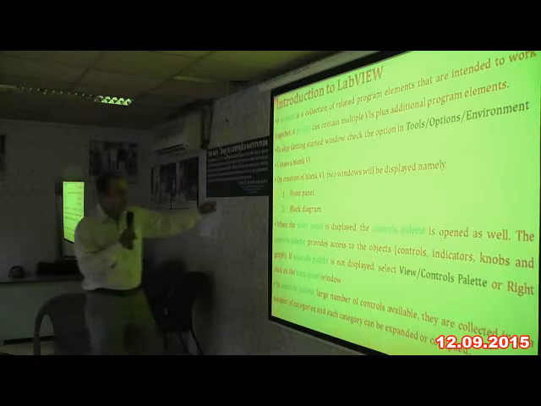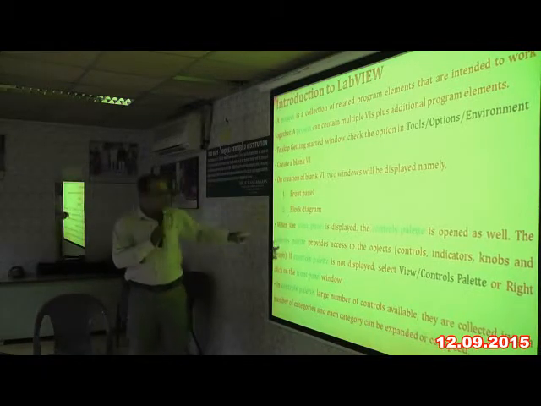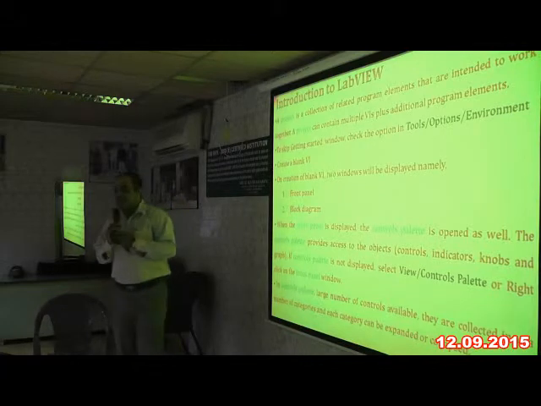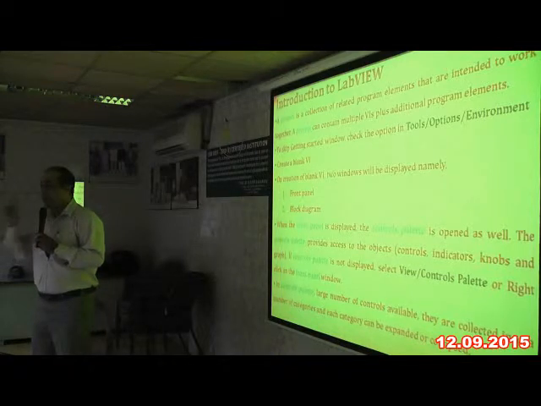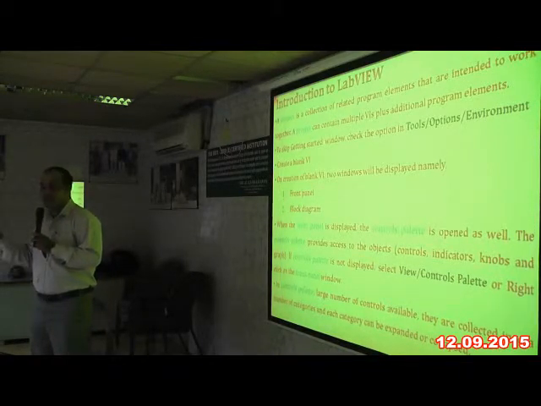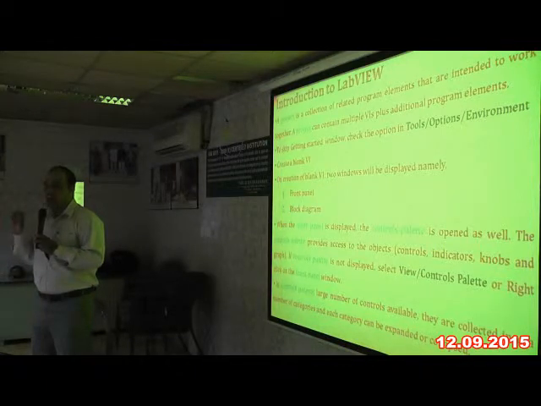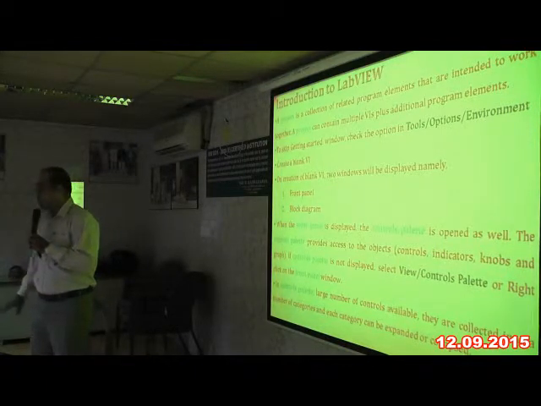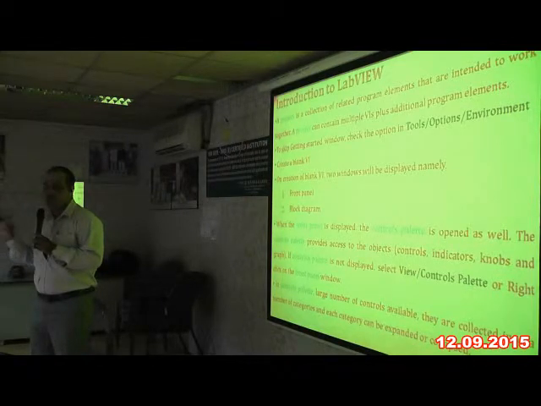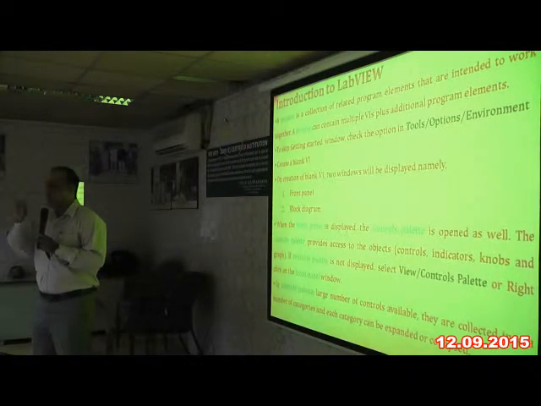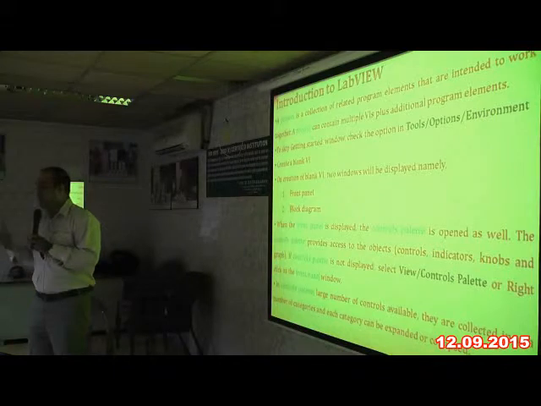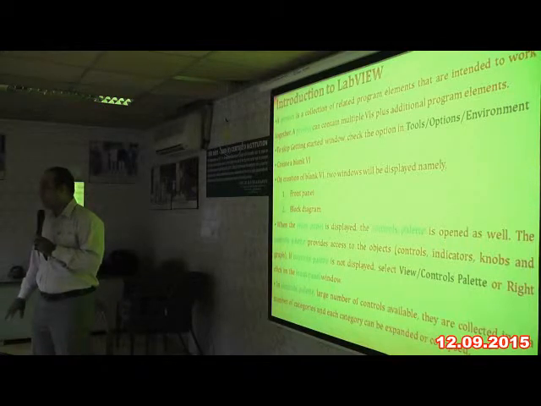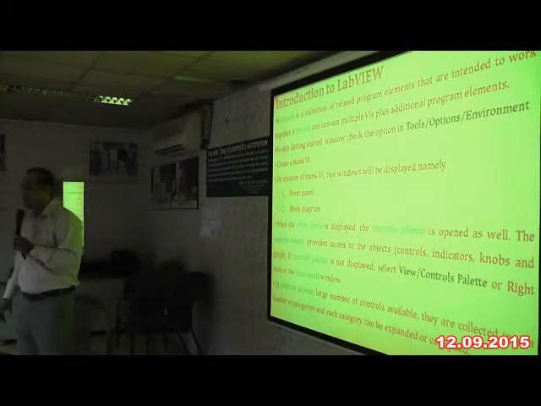Just remember we are going to have a front panel window and a block diagram window. In the front panel window, there is going to be a controls palette. The controls palette is a toolbox where I will have different types of knobs and indicators. As a programmer, I can select my own choice and place it in the front panel window. I will have a huge amount of options, because some people like one thing and others like something different. There is a lot of variety of knobs and indicators that we can select and place in our front panel window to design a much more attractive front